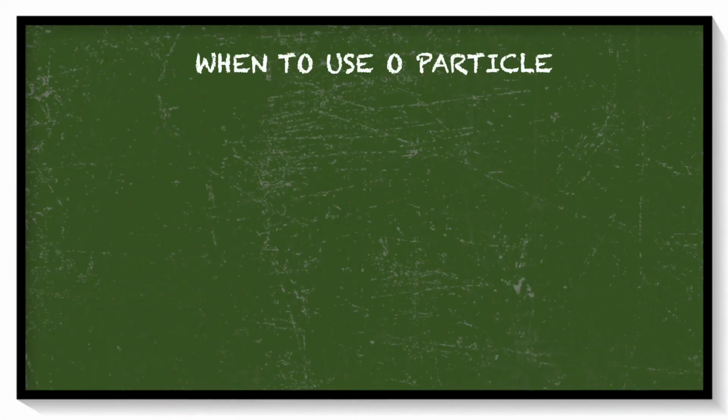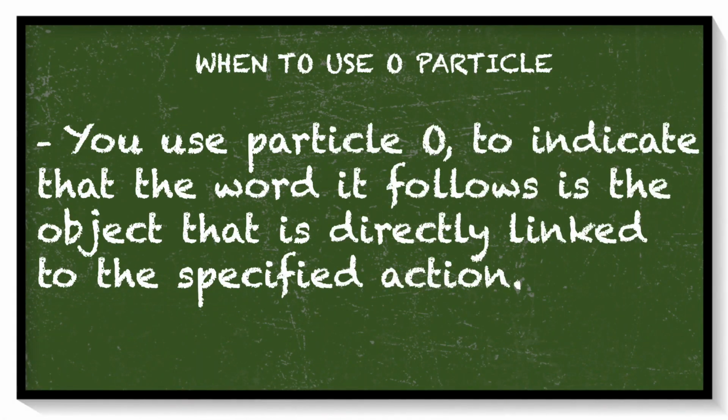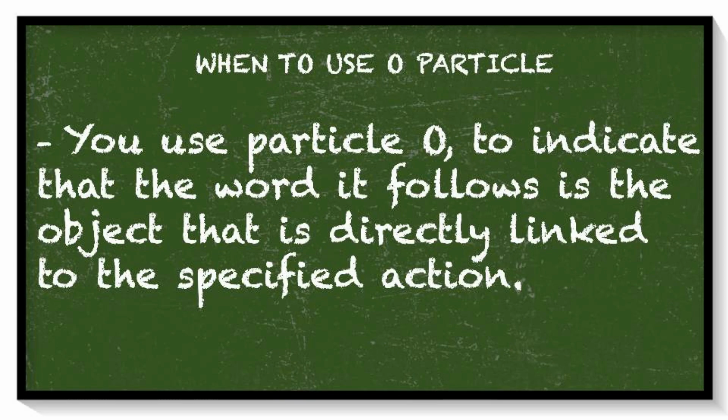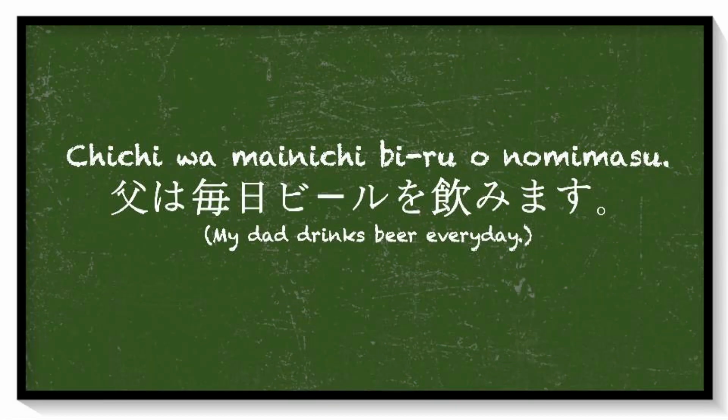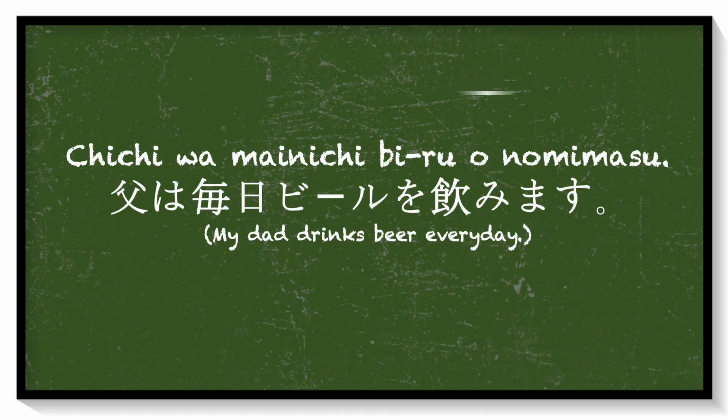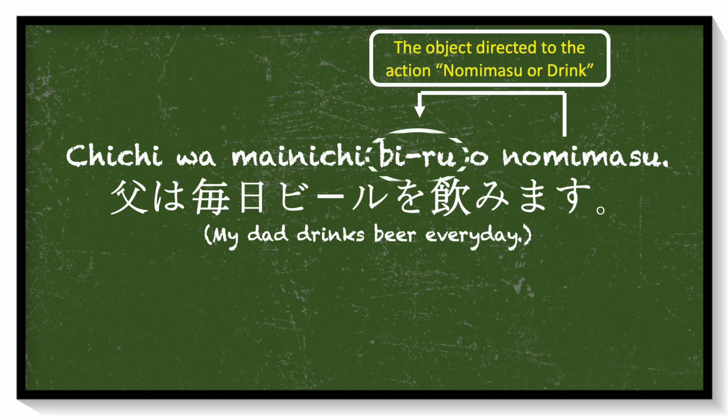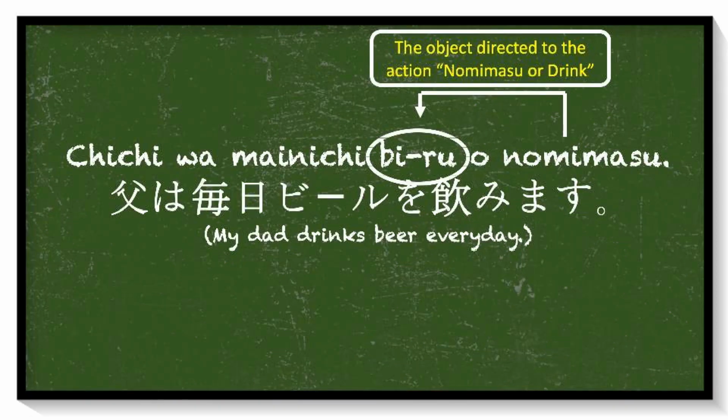When to use particle o in a sentence. You use particle o to indicate that the word it follows is the object that is directly linked to the specified action or verb. For example, 父は毎日ビールを飲みます。 In this sentence, beer is what my father drinks every day. So the object that is directly connected to drink is beer, or ビール in Japanese. And we use particle o in order to connect the object ビール and the verb 飲みます。